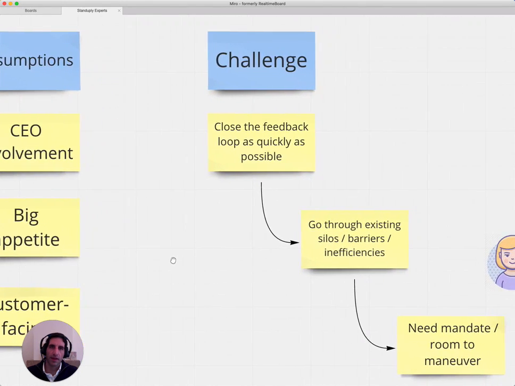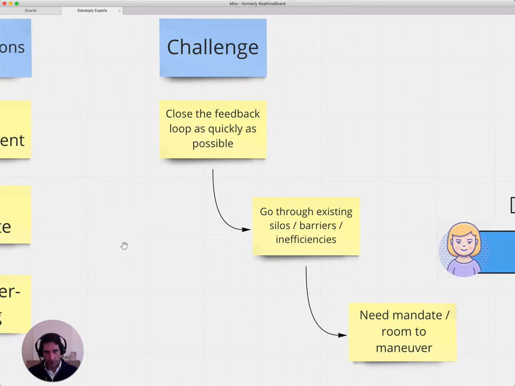All right, and I'll get to that in a second. The big challenge for a situation like this is that this bank will have to close the feedback loop as quickly as possible, right? So what I assume has happened to such an organization is that they have grown and they have been able to serve the client repetitively well.